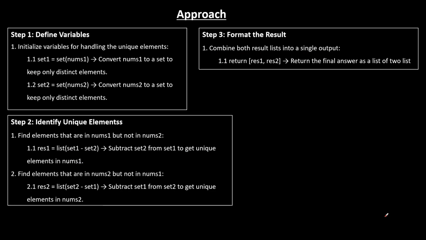Now, since we got the intuition of the problem, let's look into the approach of how we're going to solve it. First and foremost thing, defining variables. Initializing variables for handling the unique elements. So first we will initialize set one. For example, if we had elements in this way, in our nums one,